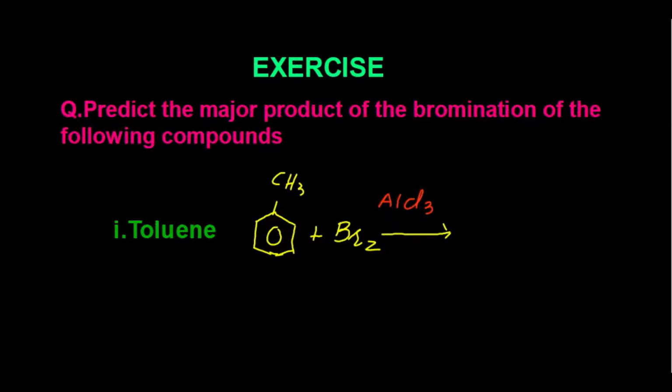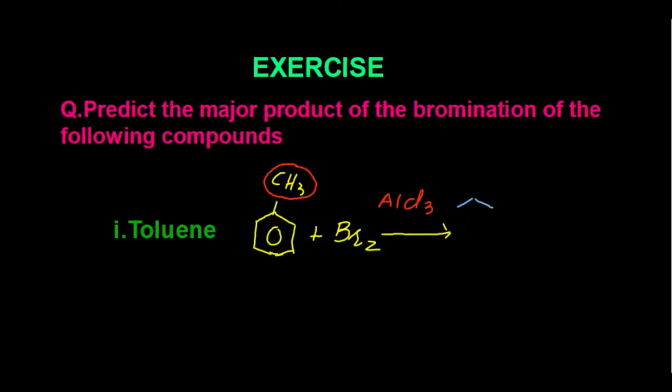Students, we know the methyl group. This is the methyl group which is attached to the benzene ring. This methyl group is an ortho para directing group, right? So it will direct the bromine atom at ortho and para positions. So as a result, we get the product like we